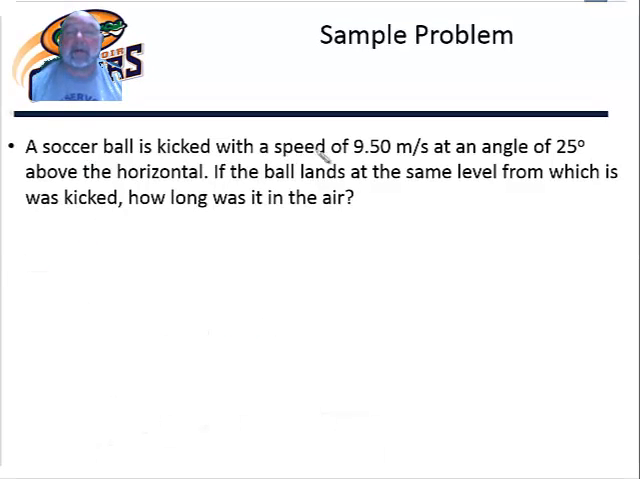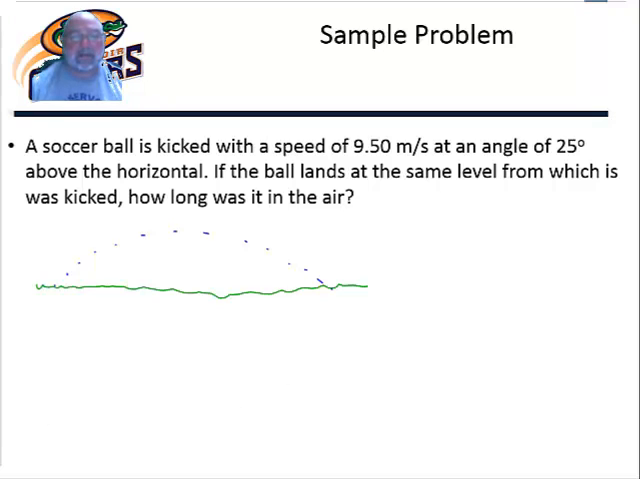Okay, we have a soccer ball kicked with a speed of 9.5 meters per second at an angle of 25 degrees above the horizontal. If the ball lands at the same level from which it was kicked, how long was it in the air? Well, I start out by drawing a picture. Can you believe that? I'm going to draw a picture. So that's the path that I think the soccer ball is going to take. I'm going to draw the ground that it's flying over